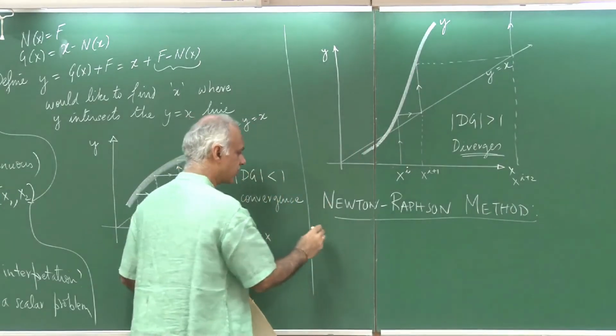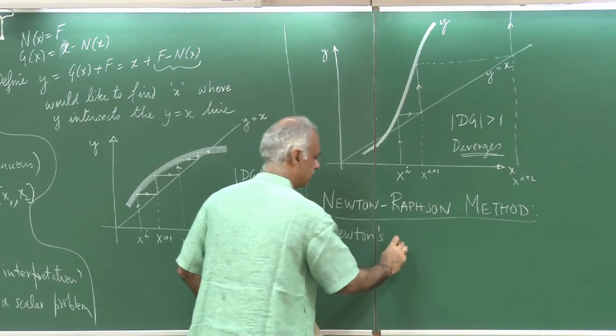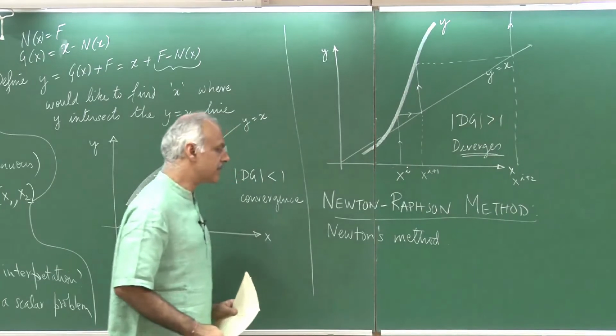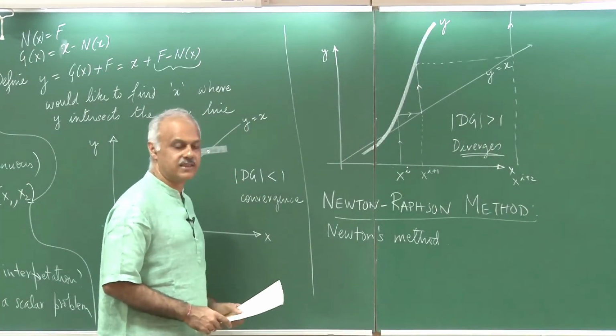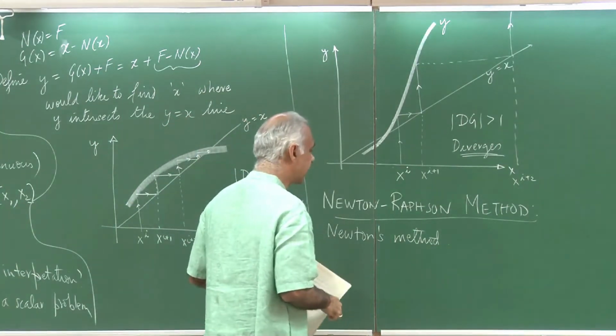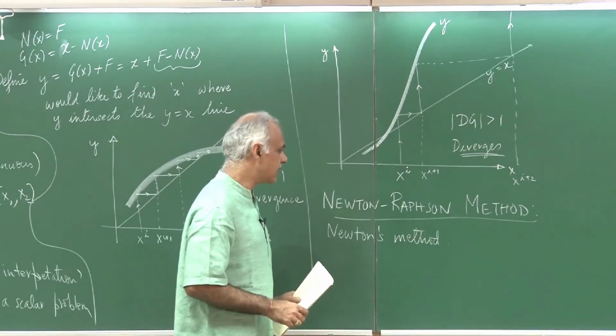Sometimes it is also known as Newton's method. It's a fairly popular method, and we will show that it is actually second order accurate. So it has a much higher order of convergence. So we will study it first for a scalar problem, and then we will try to generalize it to a